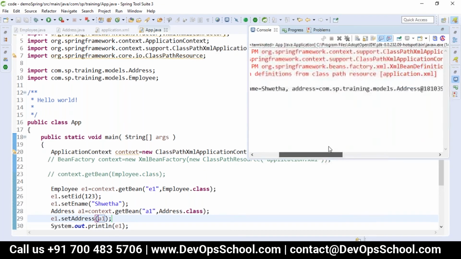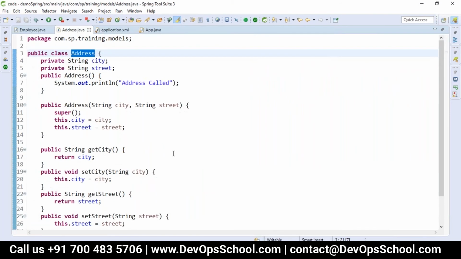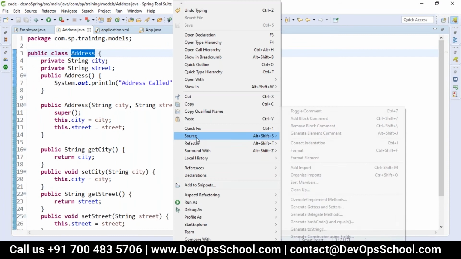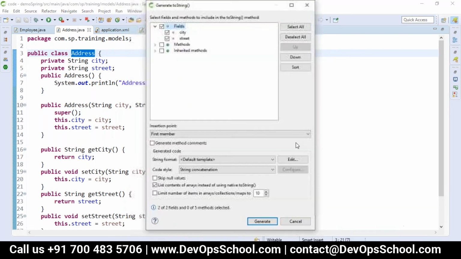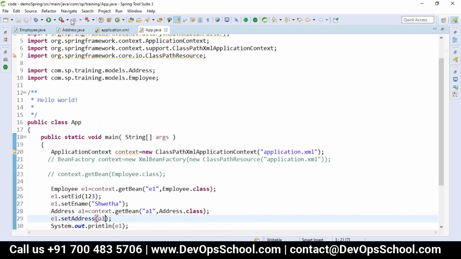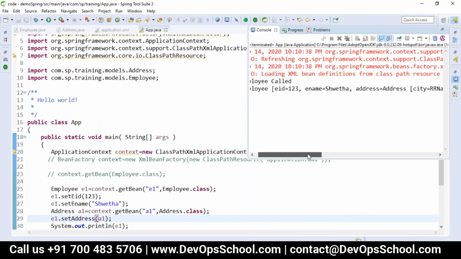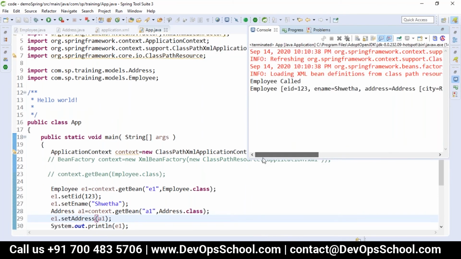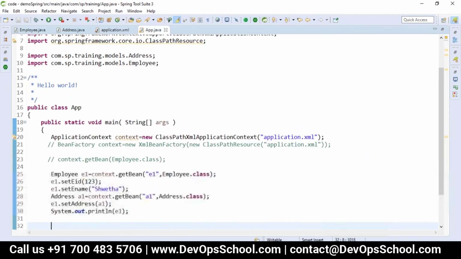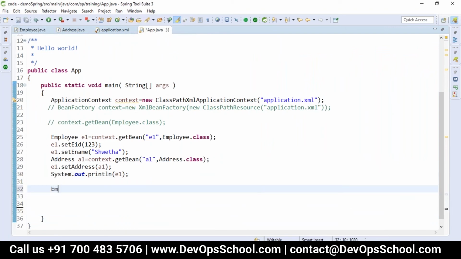So I guess in the Address I don't have a toString method, so it is displaying the object. Let me just have a toString also here. So the Address object also got injected here. Then after this, I will get Employee another time.